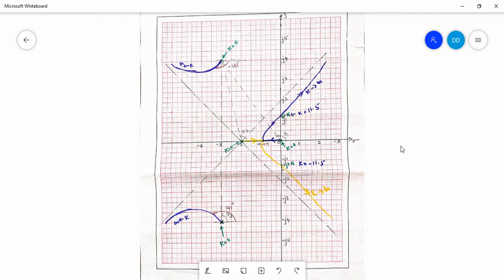So this is how the root locus has to be plotted, and beyond k equal to 11.5 our system becomes unstable, and the frequency of oscillation is 1.16. Hope this particular problem you have